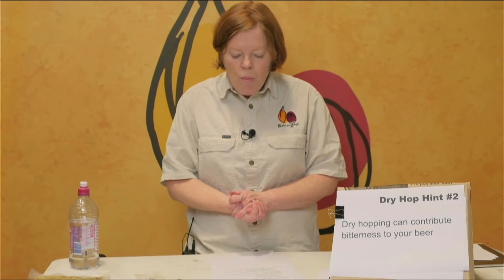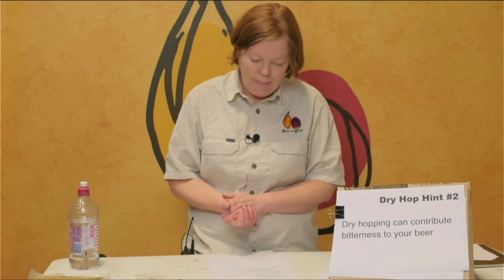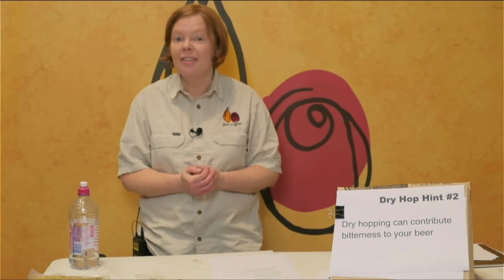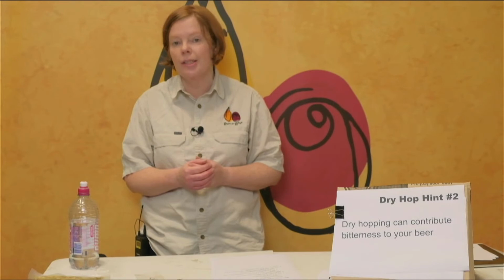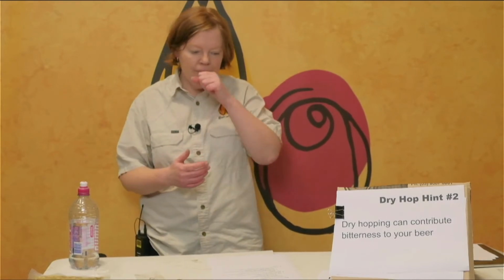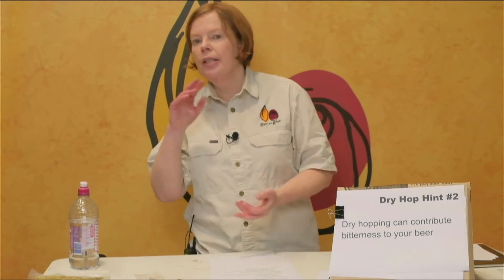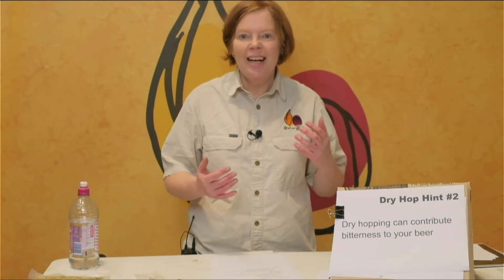So, what hops should we use for dry hopping? I think Joel said earlier, how long is a piece of string. Yeah. This is how long is a piece of string. It really depends on the style. Many homebrewers are having a love-in with hazy beers and NEPAs, and they tend to call for those New World